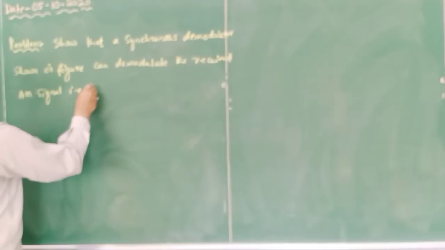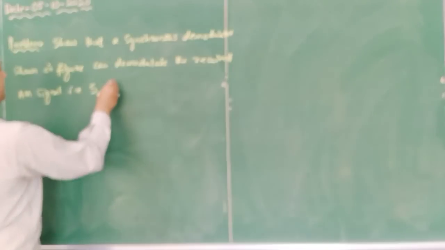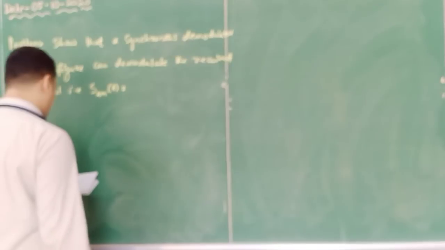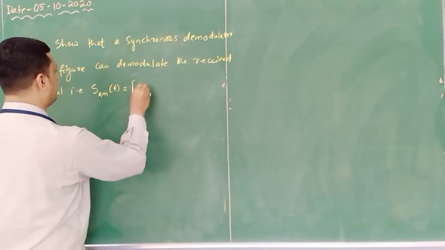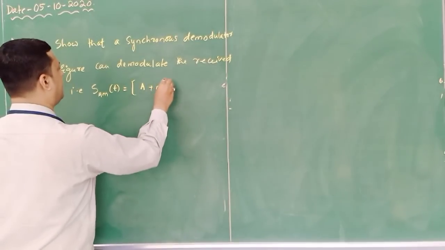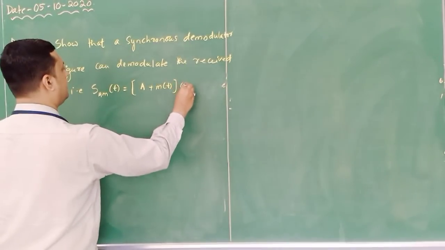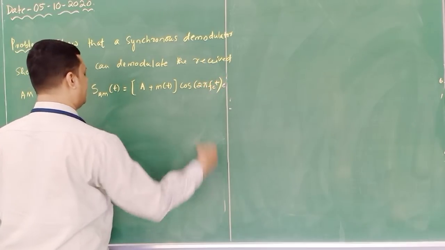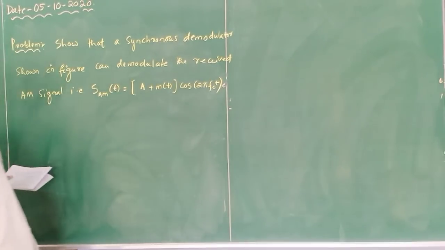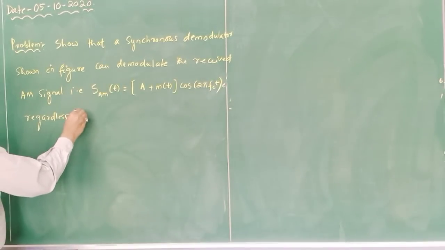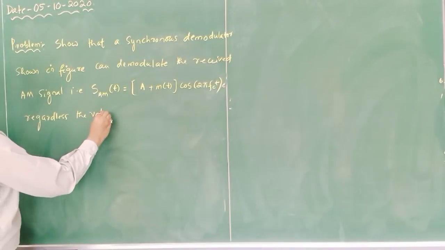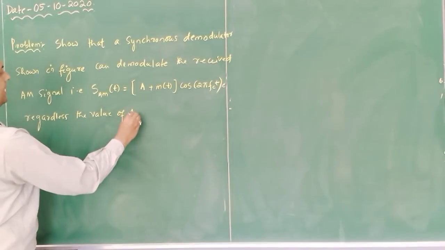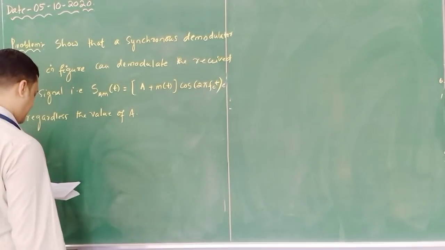that is S suffix AM of t is equal to A plus m of t cos 2 pi fct, regardless of the value of A, meaning the amplitude of carrier. And the diagram is,